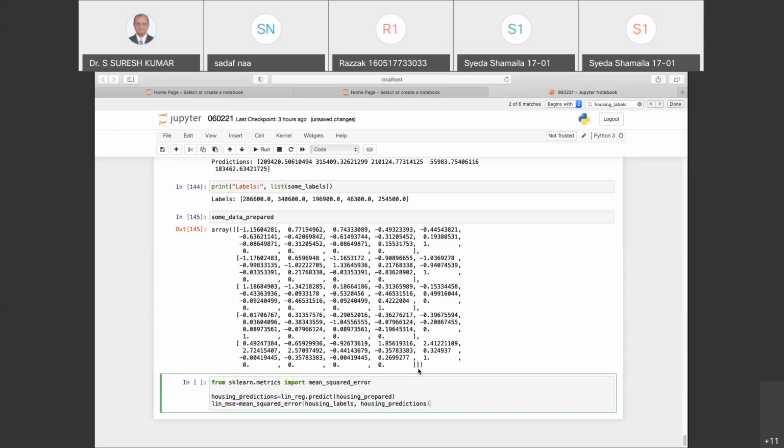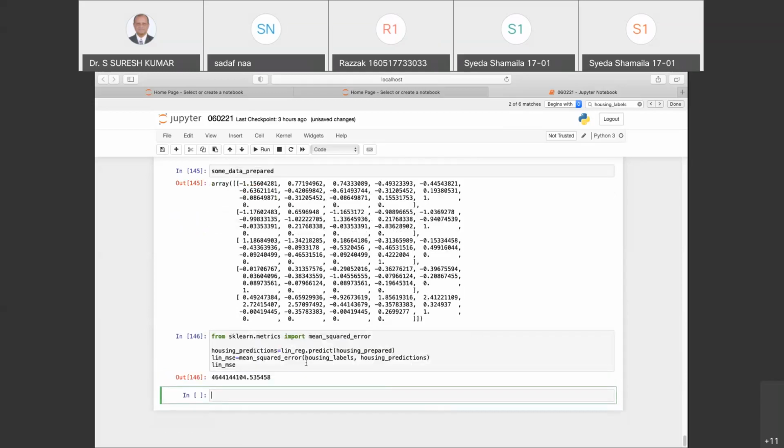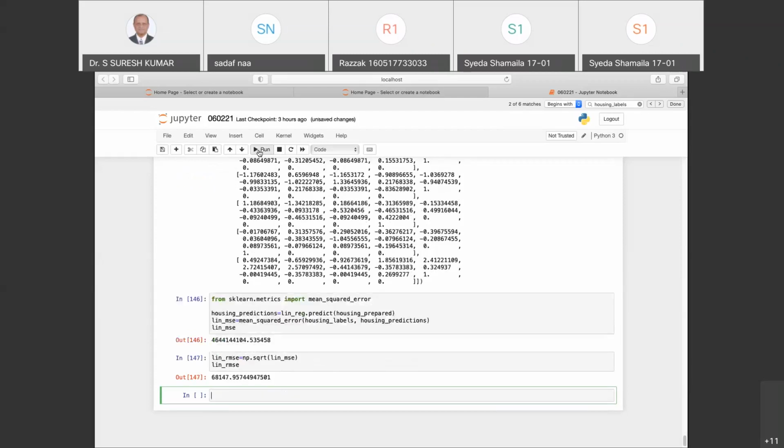Now, this will give me my linear regression's mean squared error. When we run this, we should get the mean squared error. Now we'll find the square root of this, which will be the root mean squared error. So I'll say lin_rmse will be nothing but np.sqrt, a numpy function, of lin_mse. Now, when I call lin_rmse, I should get the root mean squared error, something around